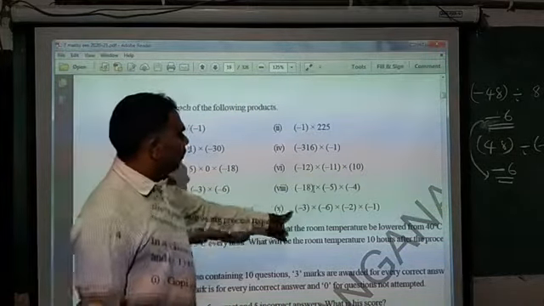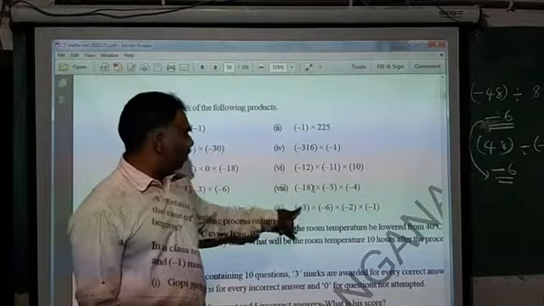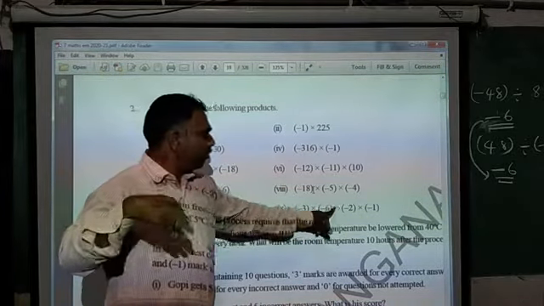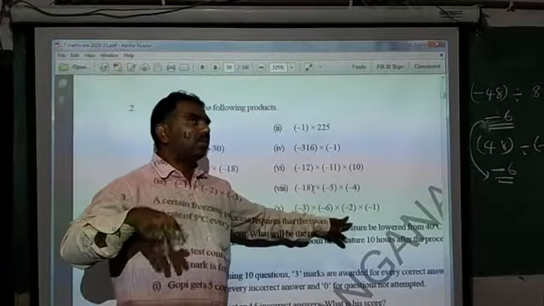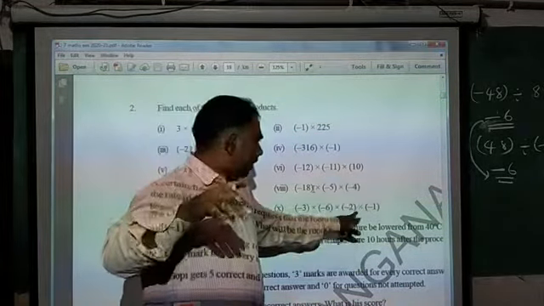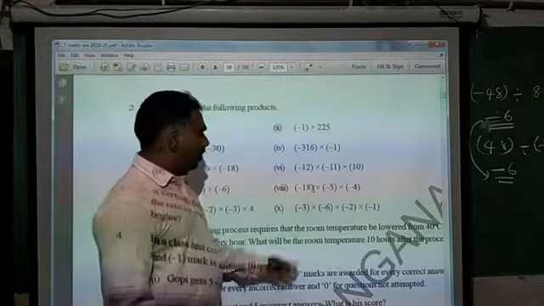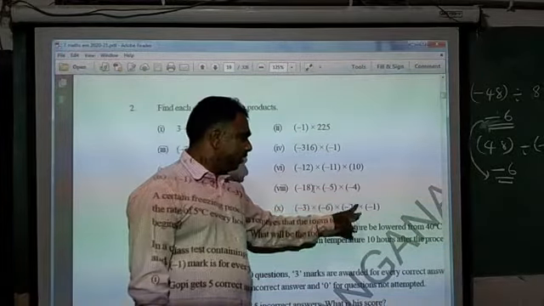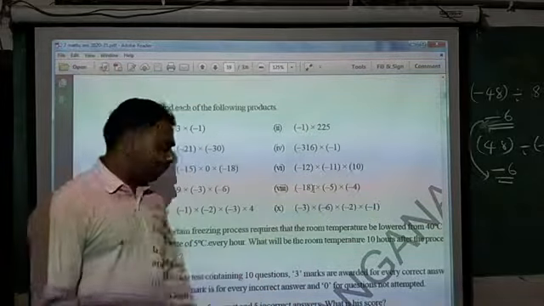Suppose here you see 4 numbers are there. What will you do? First the symbols combination. Minus minus, find the answer: plus. With that you continue this. Minus minus plus. So plus minus minus. So you got minus plus. So finally the answer will be plus. Then the numbers: 3 6s are 18, 18 2s are 36, 36 1s are 36. So the answer will be plus 36.